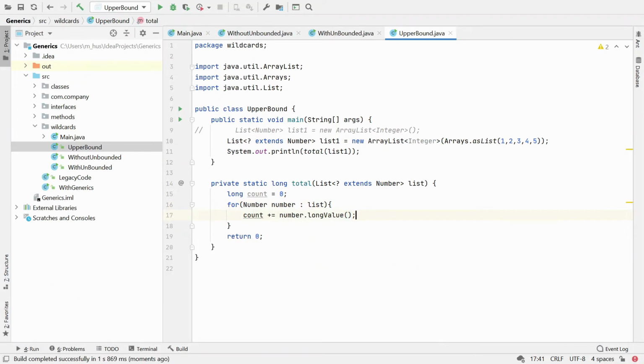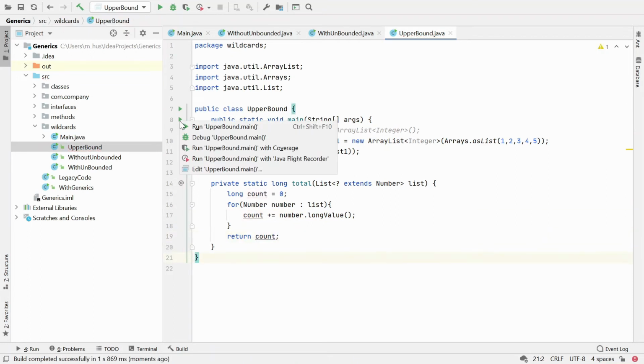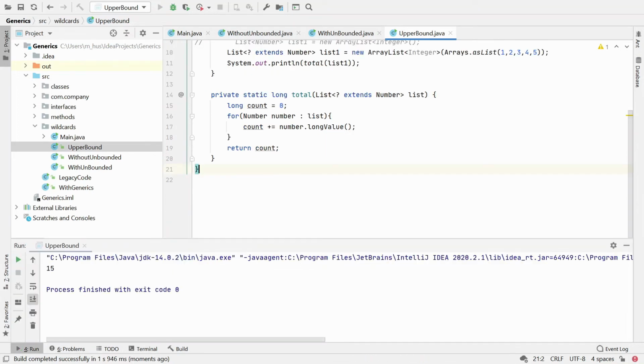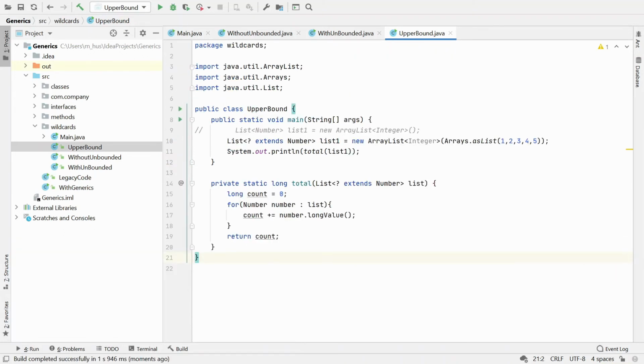Long value and return count. Let's compile and run this one. So it's giving the 15. So 1 plus 2 is 3, 3 plus 3 is 6, 6 plus 4 is 10, 10 plus 5 is 15. All right,